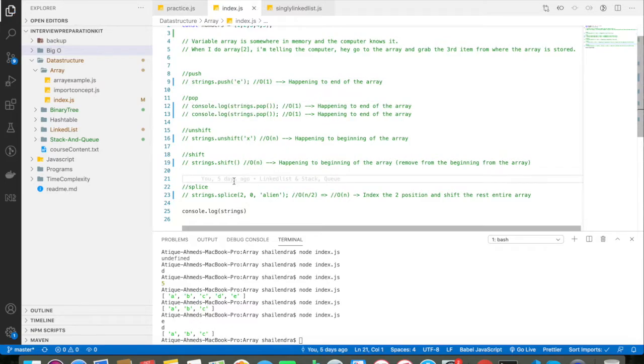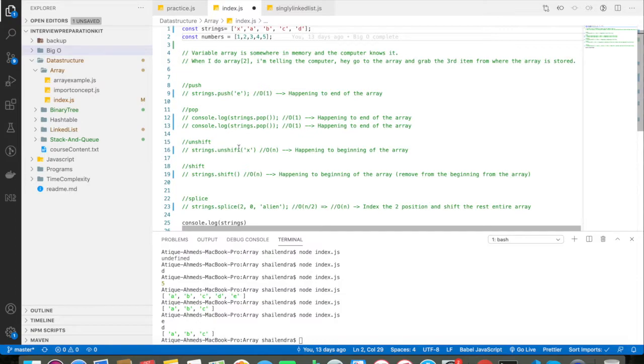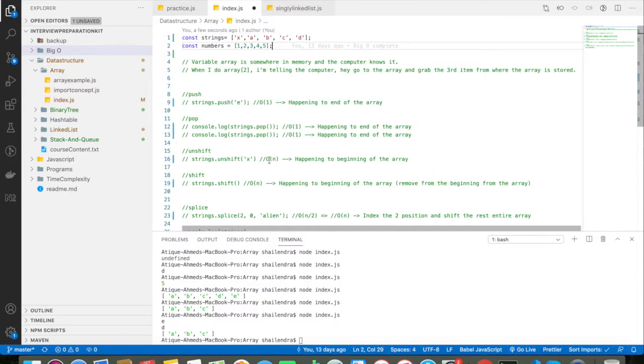So now we are going to discuss the unshift and shift methods. We use the unshift method whenever we want to insert data at the beginning of the array. Okay, so for example, my array is ABCD and the index of A is 0, 1, 2, 3. Say I want to insert X here, okay, and all my elements are going to be shifted to the right-hand side. In that scenario we use the unshift method and the time complexity is basically O(n).